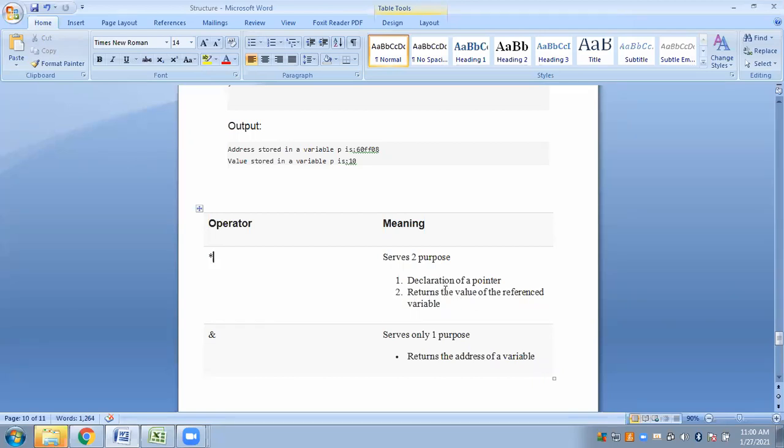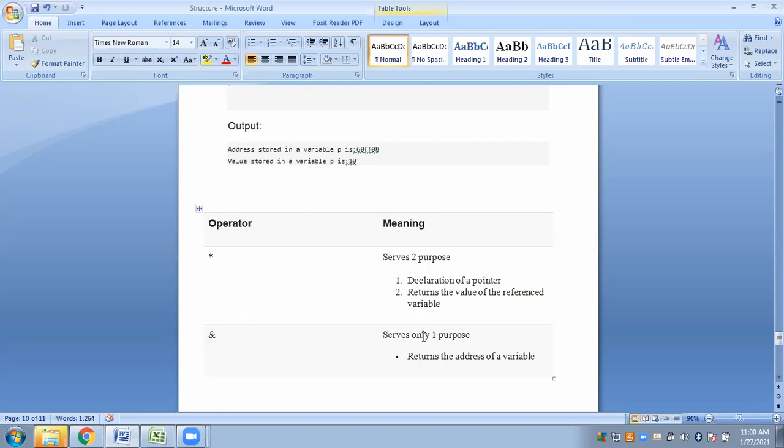Second, it returns the value of the referenced variable, that is, whichever ordinary variable this pointer is referring to, that variable's value will be returned. So it has two purposes while ampersand has one.